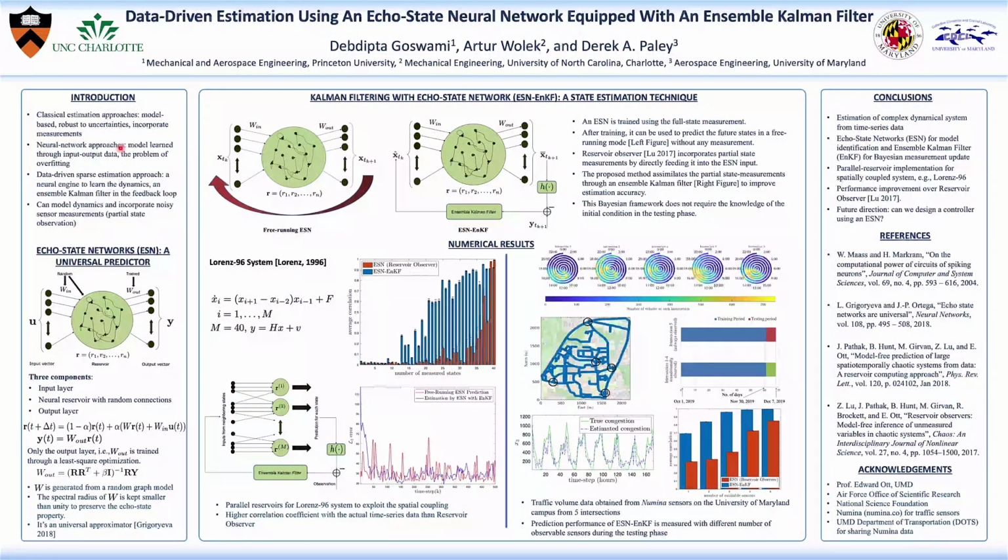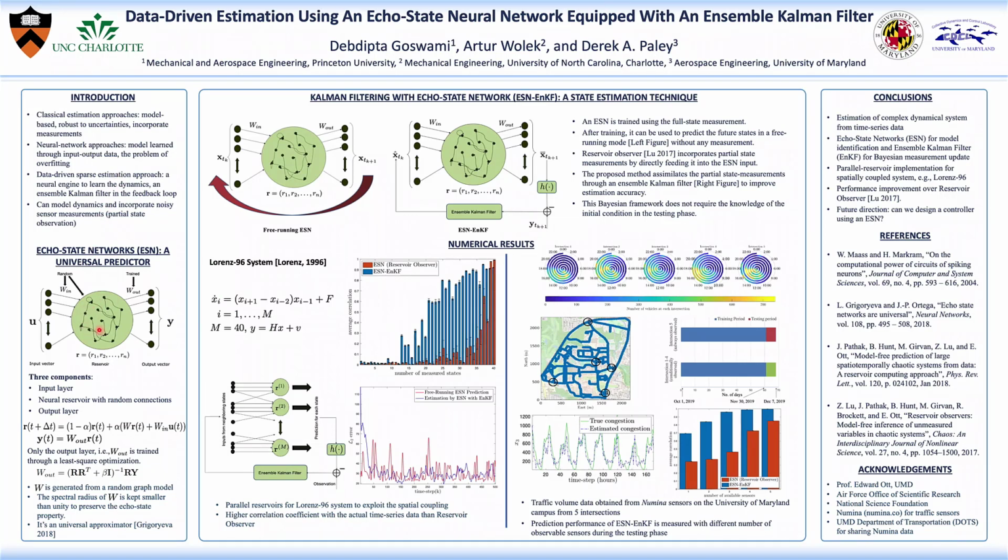Today I am going to present our work on data-driven estimation of complex dynamical systems using an echo state network with an ensemble Kalman filter in the loop. The work is motivated by the recent developments in machine learning techniques to model a dynamical system from input-output data. We propose a sparse estimation approach where we use a neural network to learn the dynamics from the full set of observations and then incorporate the noisy, partially observable measurements in the testing or deployment phase with an ensemble Kalman